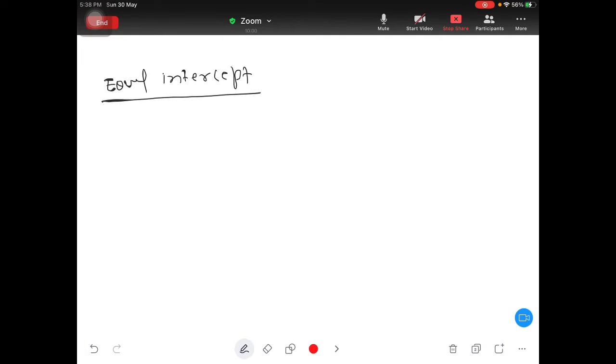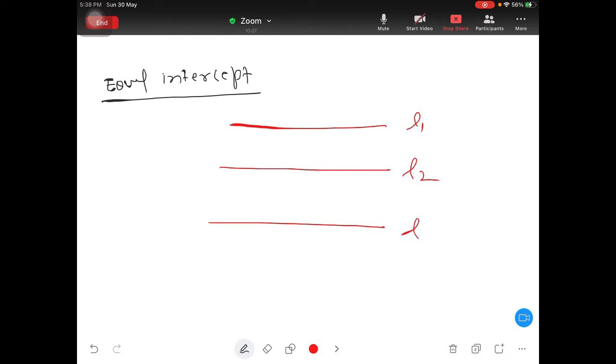So suppose three parallel lines are there. Suppose this is L1, L2 and L3. Of course we should put the arrow. We got three parallel lines. Now these parallel lines make equal intercept on transversal. So you get one transversal line. So suppose this is my transversal line, so give the name as T, and this is my another transversal line and give the name as S.